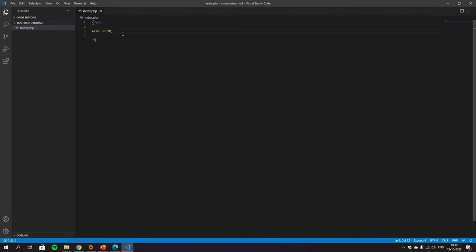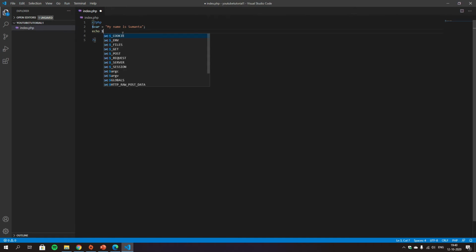I mean, you can display the value anywhere in the PHP code. Suppose we are going to define a variable first. Let's name the variable $var equals, and we write that my name is Sumanto, then a semicolon, and you just echo $var then a semicolon.